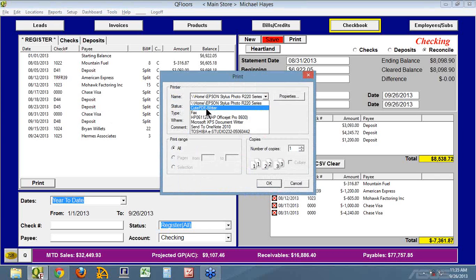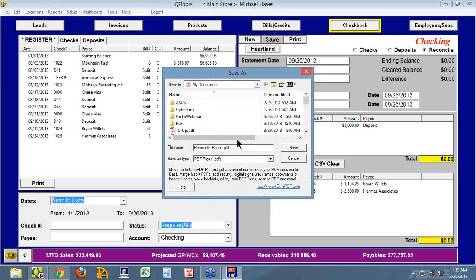But any free PDF writer, hopefully one that doesn't give you some sort of advertisement printed on the PDF output. We know that those two don't. So save it as a PDF, and then you can always go back and open it later. So wherever you're going to save it to, we'll call this